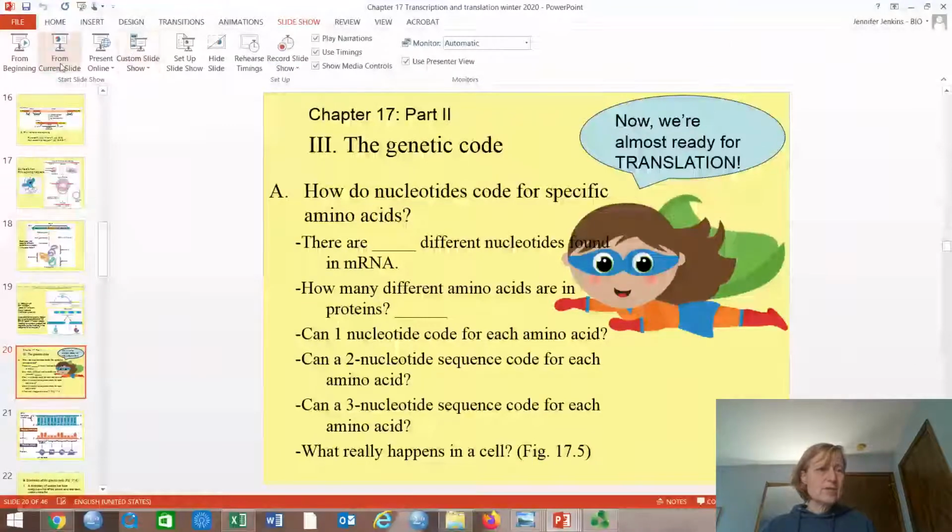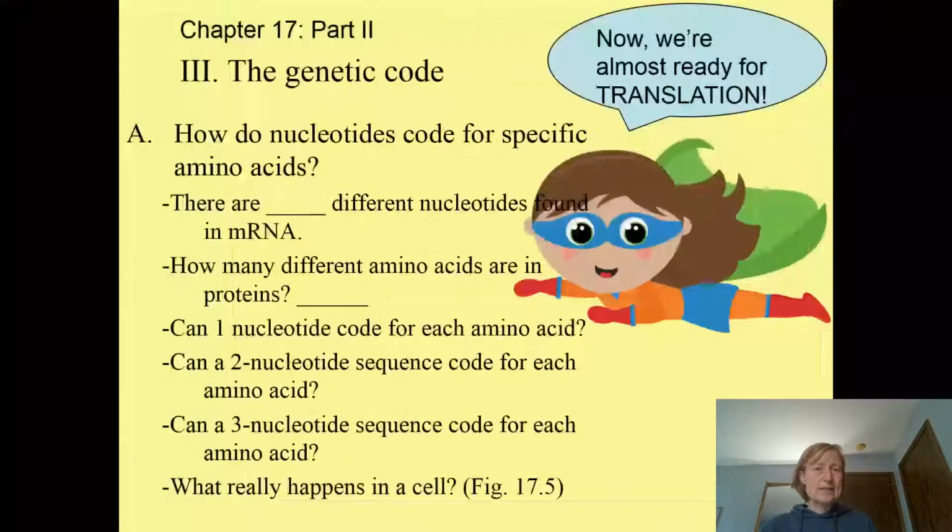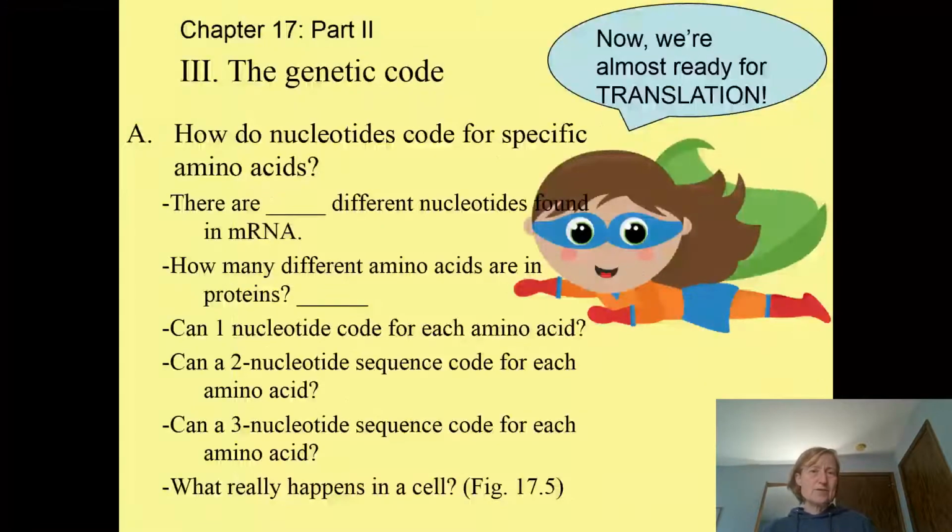Let's see, of our chapter 16. Remember, chapter 17 is all about transcription and translation, or about gene expression. How do we go from a gene to a protein product, right? So we're going to start here on chapter 17, part 2, the genetic code, and our superhero here says we're